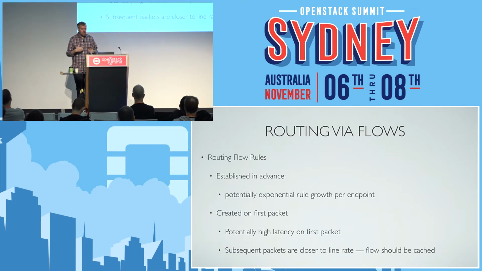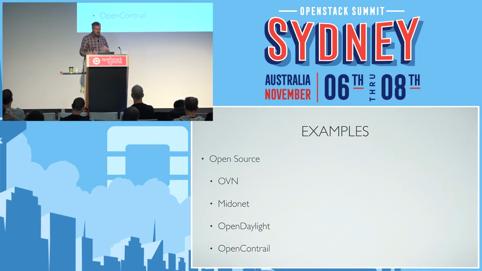The nice thing is that you don't have the complexity and exponential growth of rules, but the other side of it is your first packet can be kind of slow. Once it's cached, it's going to move through fast. Some examples of controller-based solutions are OVN, MidoNet, Daylight, and Contrail. So just to give you an example,